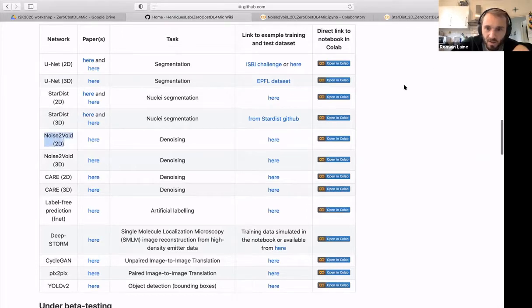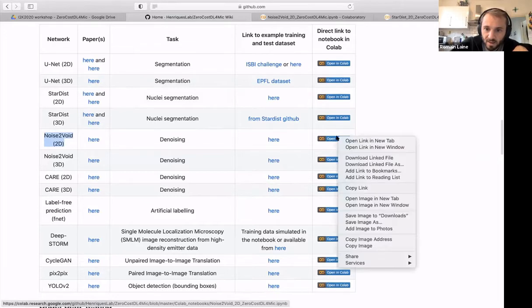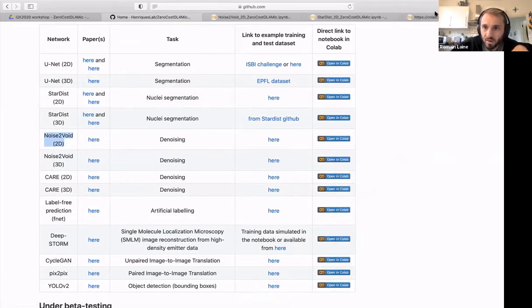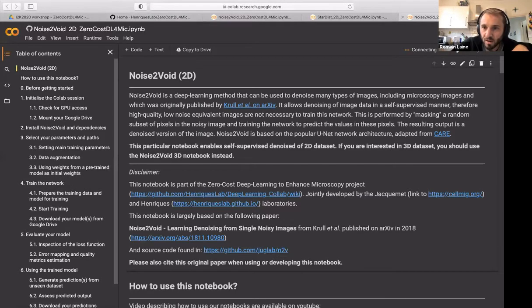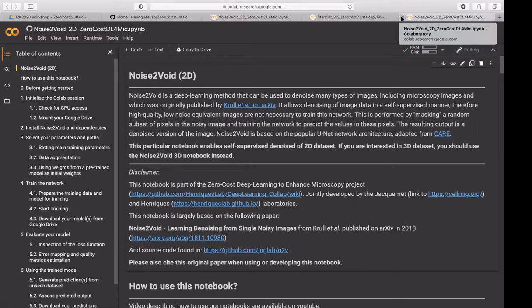If you use the Open in Colab tab, you can right click, open in a new tab, and that'll open the notebook that you're seeing right now. The only difference with the one you'll have is that mine's got a black background because I find this a little bit easier to read, but that's the only difference between yours and mine. Okay, so I need to go to Noise to Void, to the Colab,